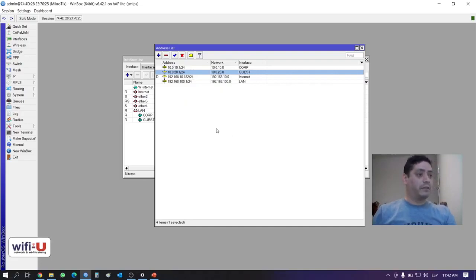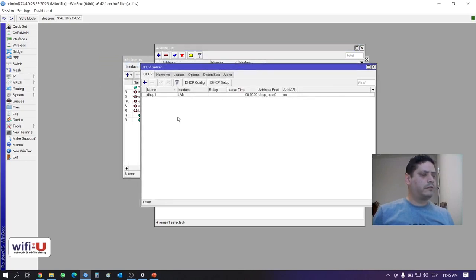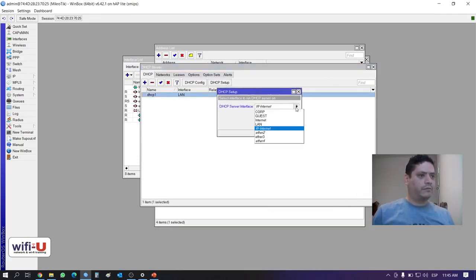The next thing I have to do is to create the DHCP servers, because these are going to be Wi-Fi VLANs. So I need to have DHCP to make it easier for my clients. Let's go here to IP, DHCP server. I just had the DHCP server from my LAN network. I'm going to create two additional DHCP servers for my VLANs. First, for the corp VLAN,